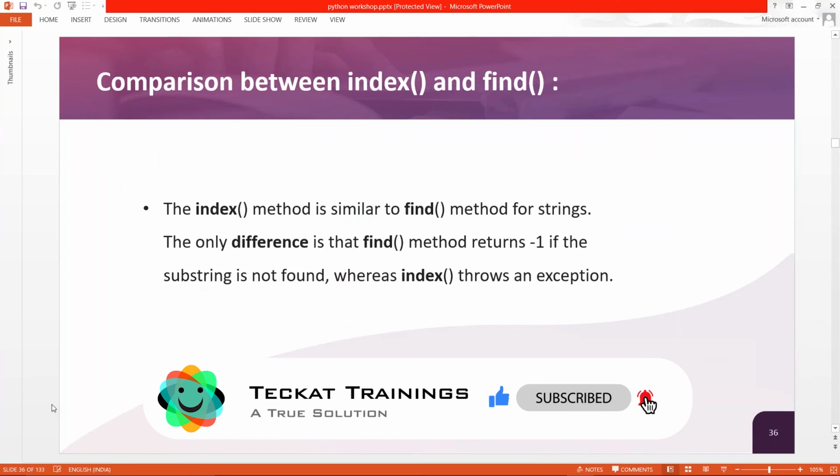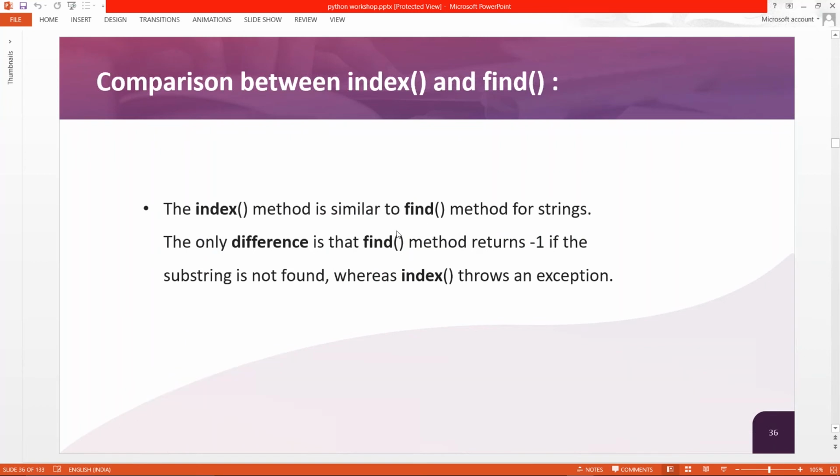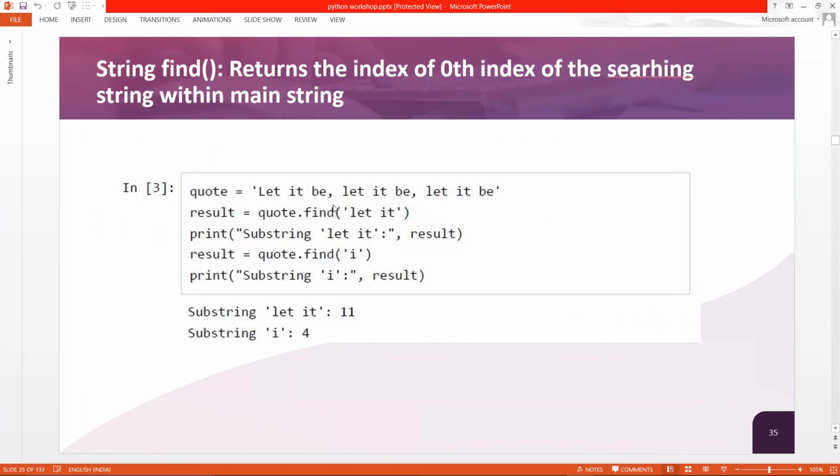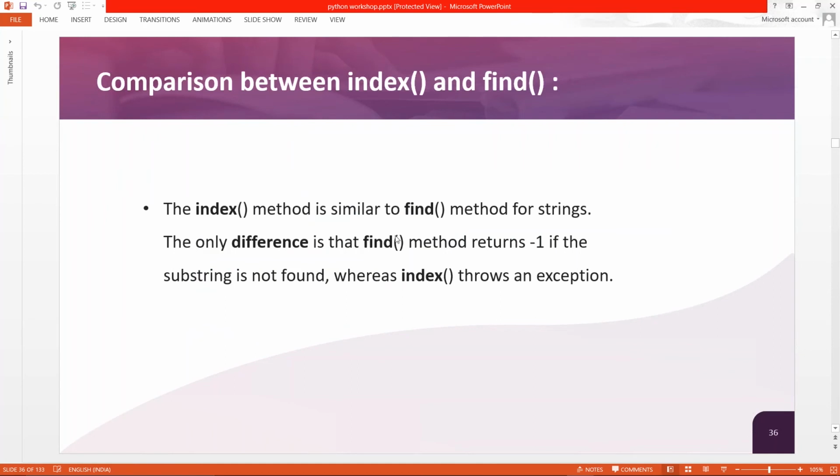The difference between index and find. See, index will give the index number and find will also give the index number. But the difference is that if no such letter is found, like when we are finding "let it" in quotes, and "let it" is not there, what do find and index give?